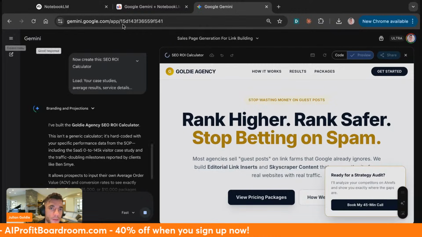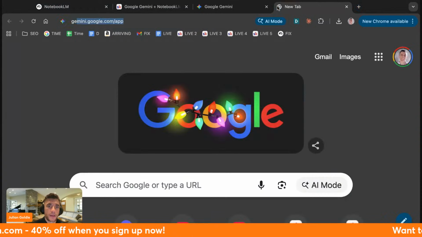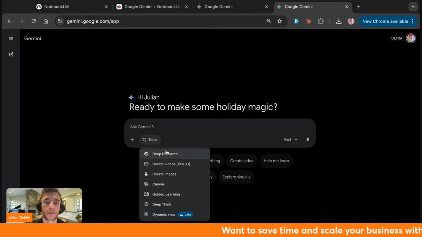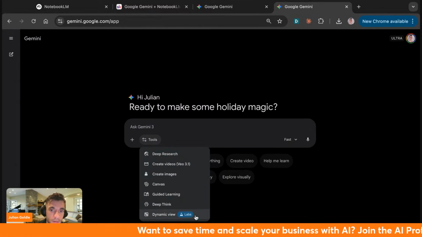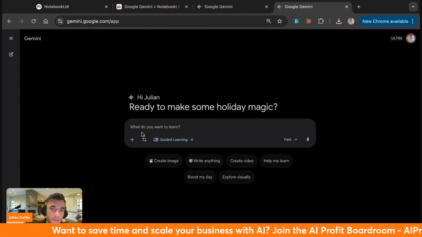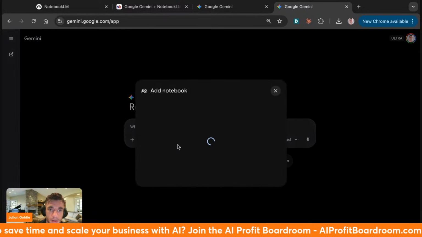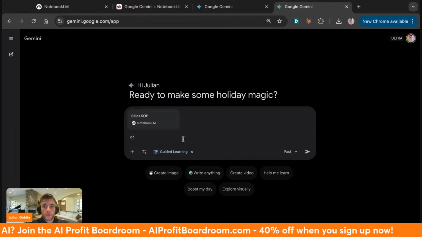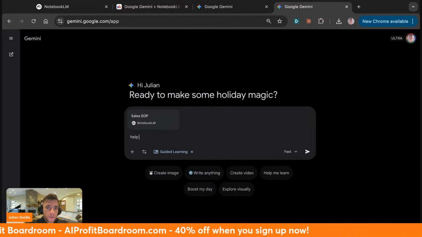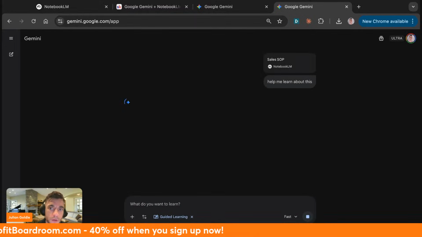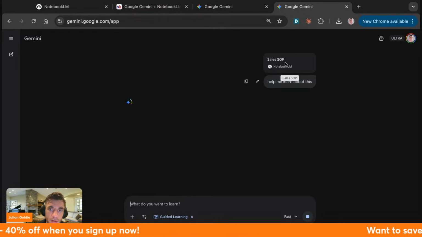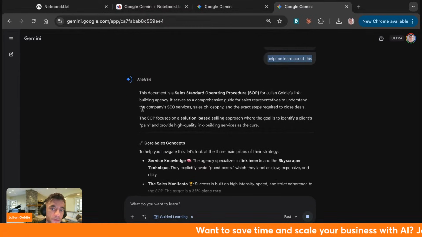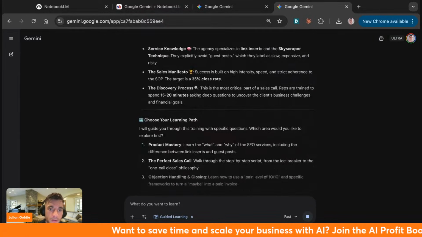You can also, for example, go into Gemini here. And you could take the guided learning section, and then anything that your team needs to learn about, we can pull in that notebook, right? So if we go inside, for example, the sales recipe, we'll say, help me learn about this, right? And your team can do this. They can take the notebook that you've created to train them, and say, help me learn about this. And then it will create this sort of learning guide based on that information that we've plugged in here,